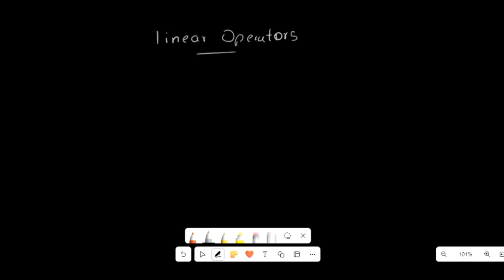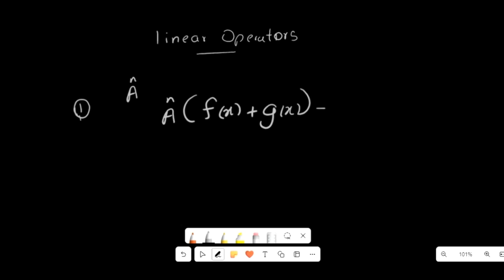Okay, the first one is, if we take an operator like this, if this is a linear operator, the first condition it has to satisfy is this one. I will take two functions of x, f(x) is one function of x and another function g(x), right? This has to be equal to that f(x) function and that other g(x) function. So this is the first condition which the linear operator must satisfy, and the other one is,